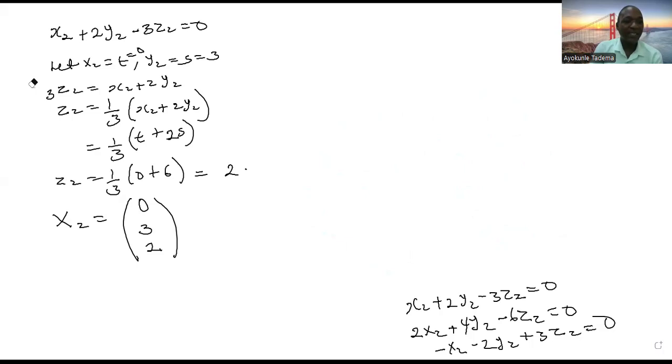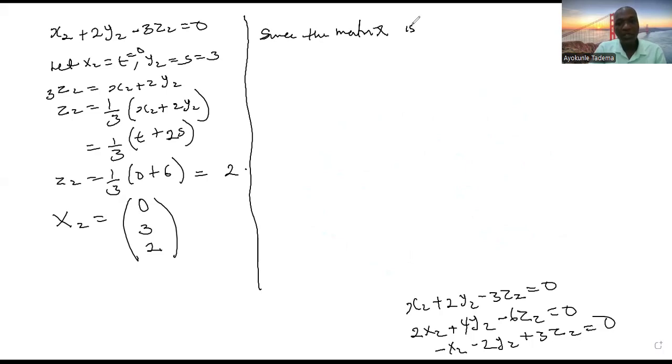To find the last eigenvector, what you do now is this. Remember, since the matrix is non-symmetric,